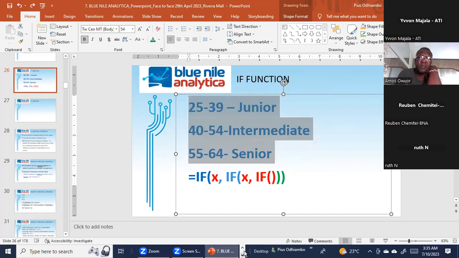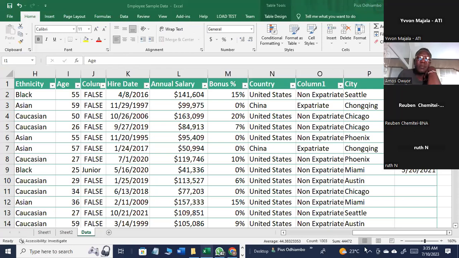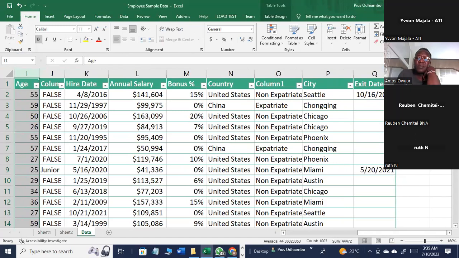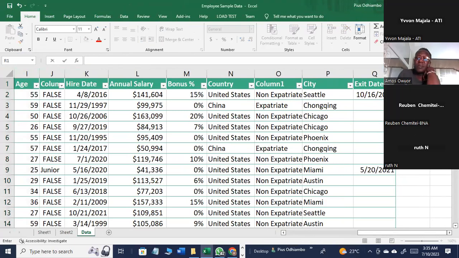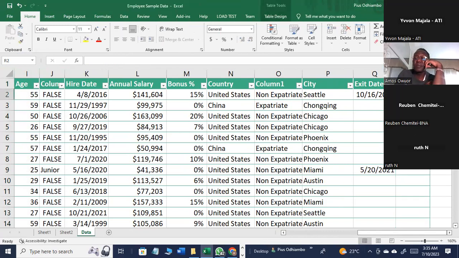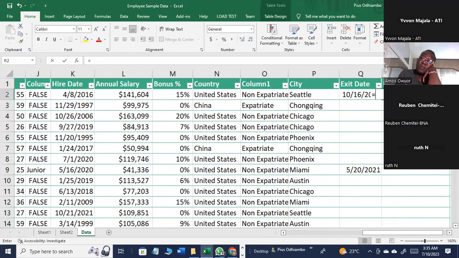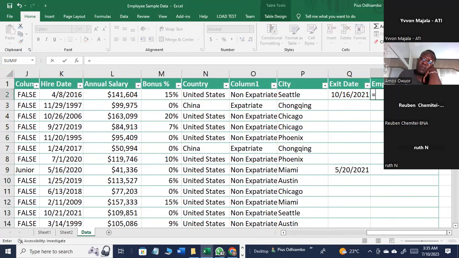Let me see what I have in my data here. So I can have, let me say, employee category, or let me say employee status, whichever you would want to use. So I'm going to have equal to, okay. Then I'll have if,